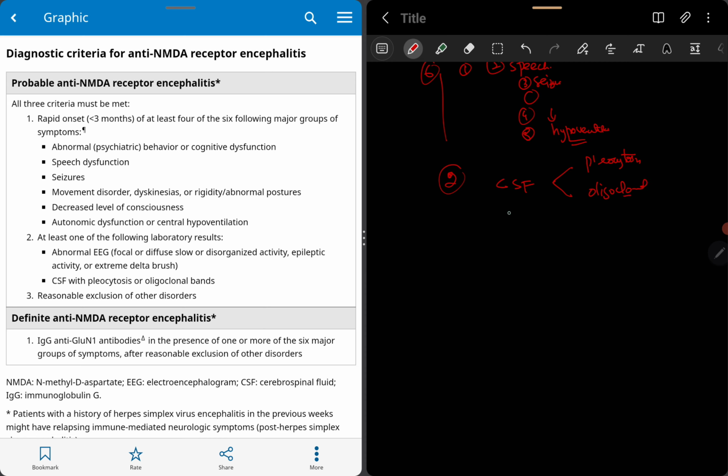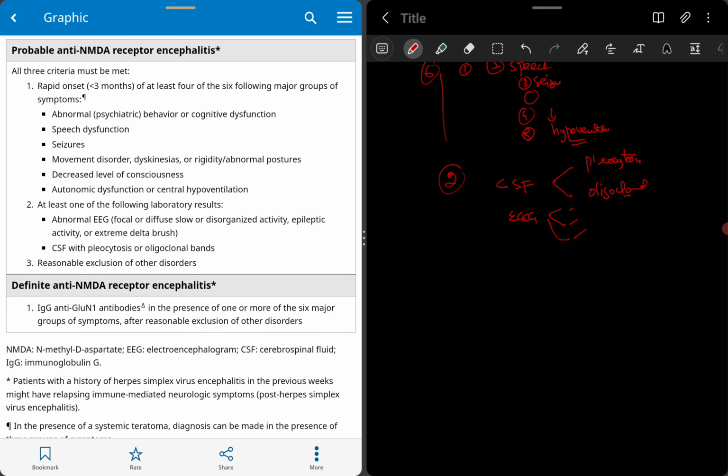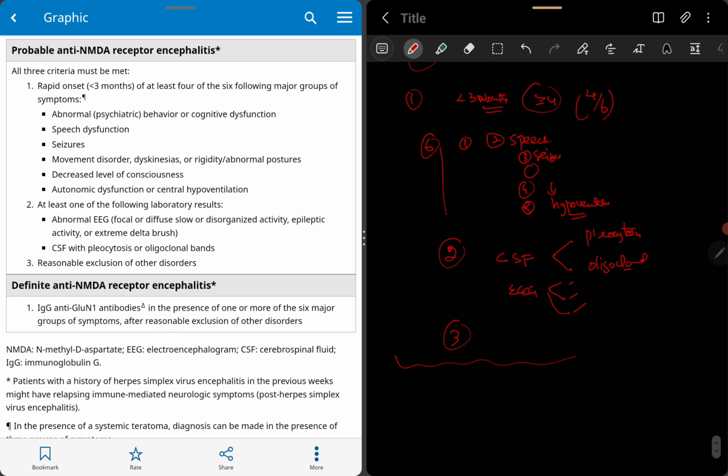Or you can get abnormal EEGs in the form of epileptic activity, or extreme delta brush, or focal or diffuse slow or disorganized activity. And the third criterion is reasonable exclusion of other disorders. If these three are met,